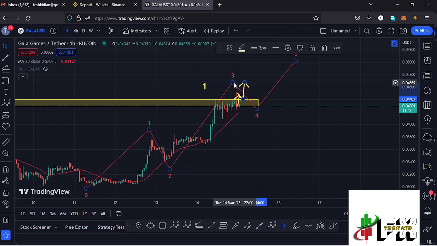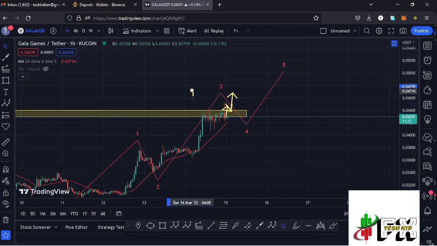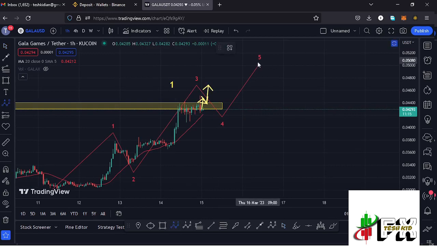And once we peak in the formation of that wave 3, then we can expect a bit of a corrective structure in the formation of this wave 4, then continue gearing up in the formation of this wave 5 to complete an even larger Elliott wave count 1 to the upper side. And once we see the formation of this larger Elliott wave count 1, then I'll be expecting the start of a corrective structure in the formation of a larger Elliott wave count 2.